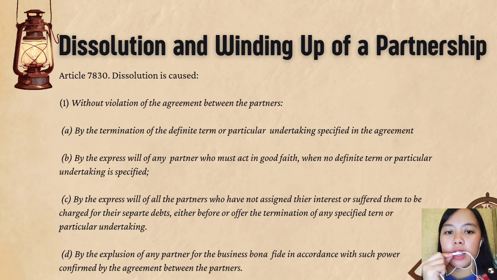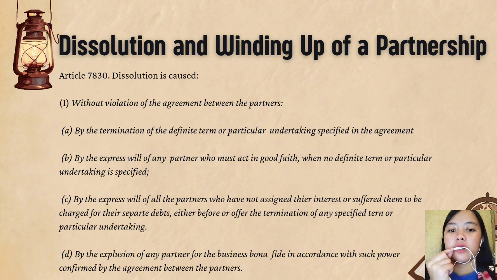Dissolution and winding up of a partnership. Article 1830. Dissolution is caused, without violation of the agreement between the partners, by the termination of the definite term or particular undertaking specified in the agreement; by the express will of any partner, who must act in good faith, when no definite term or particular undertaking is specified; by the express will of the partners who have not assigned their interests or suffered them to be charged for their separate debts, either before or after the termination of any specified term or particular undertaking;